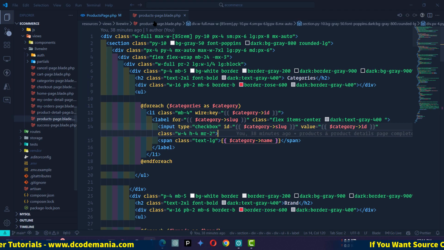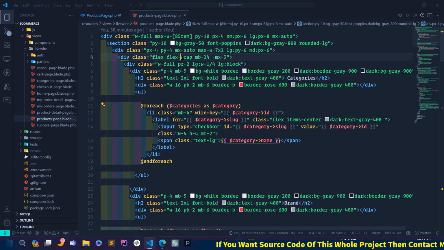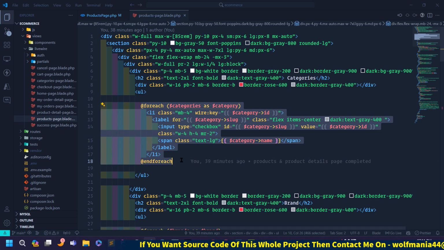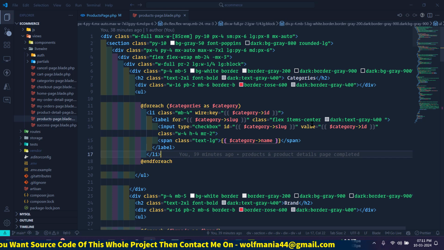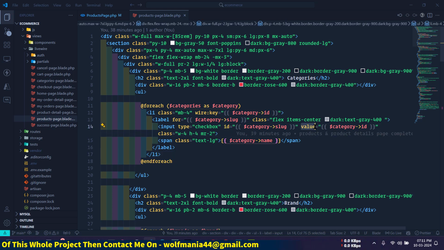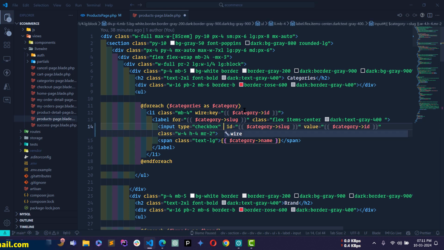So first go to the blade file, the products blade file. Here you will find the categories section, and I have already made this dynamic. Now here you can see there is an input tag, and inside this input tag I have used a value attribute, and in value I have used a category ID. Okay, so next what I will do is I will use a Livewire 3 directive. So I will use wire:model.live, and here I will write selectedCategories, and